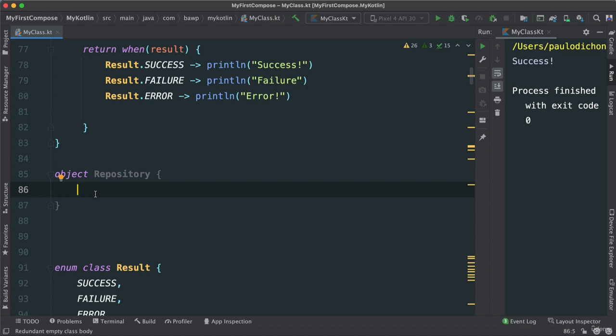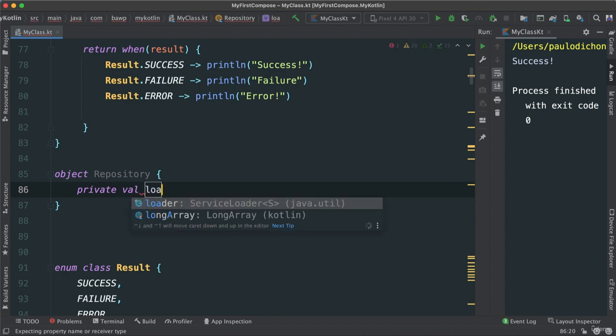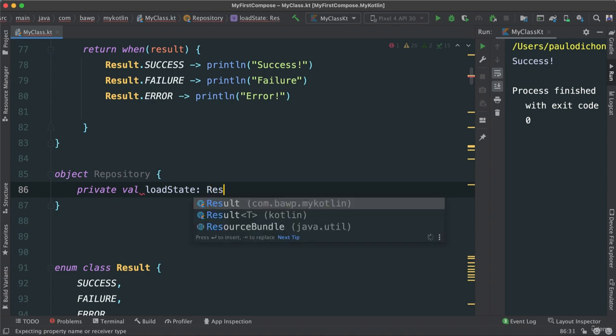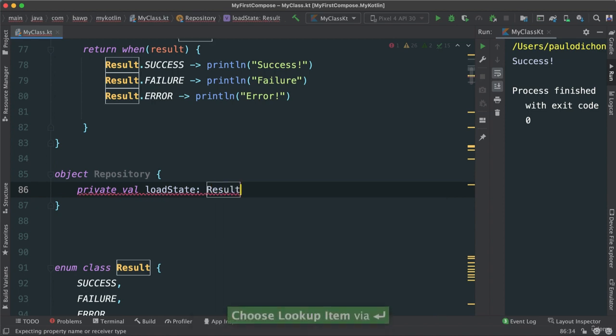Makes sense, because the idea here is that we fetch the data from somewhere, as an example, and then we don't have to recreate this repository whenever we want it. So here I'm going to create a property for this class, or a field. I'm going to use private to say that this val, this property, cannot be accessed outside of this class. So I'm going to say val loadState. Our loadState is going to be of type Result. Okay? And in the beginning, I'm going to set it to